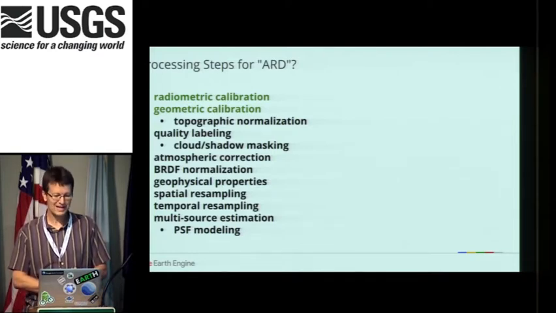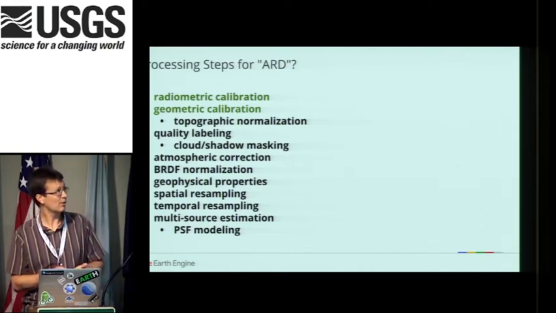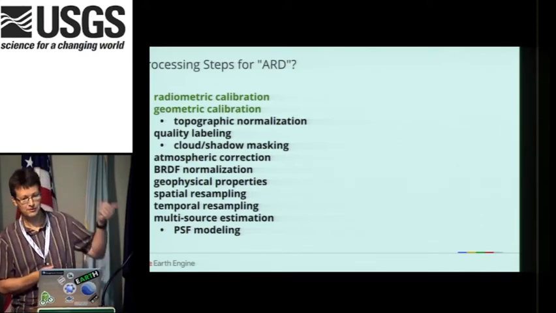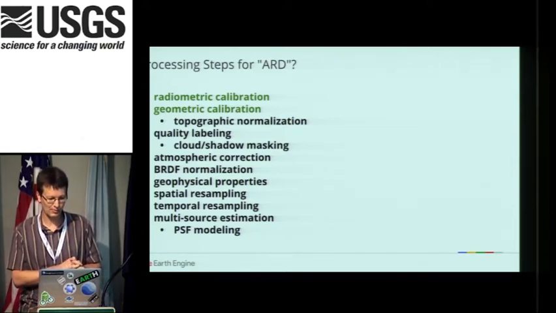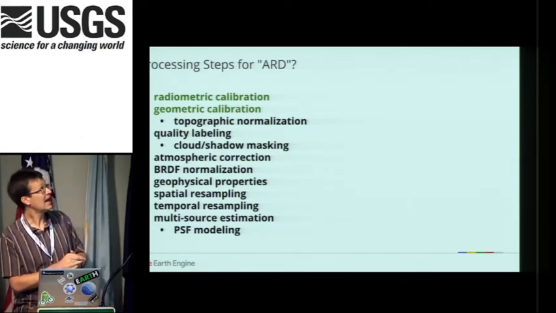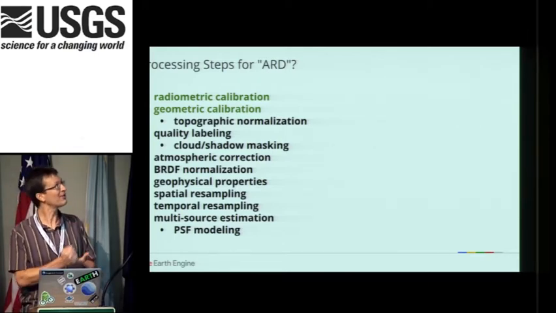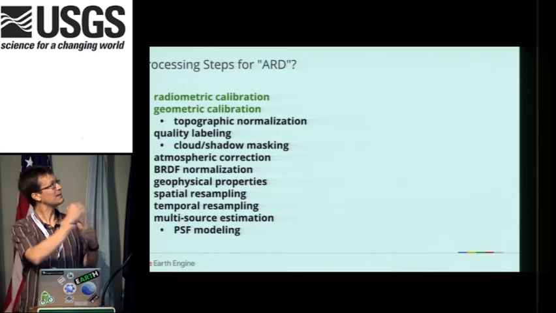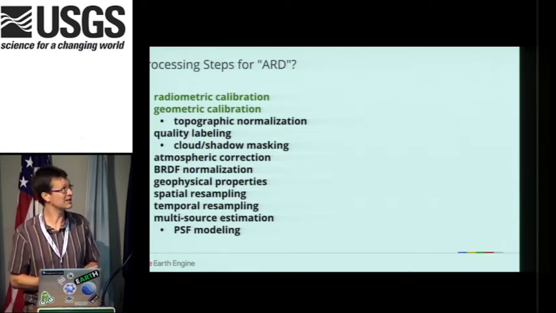In terms of what ARD is, to me it seems like it can be a lot of things, because a lot of people want different processing steps. Here are just a few that I took off the top of my head, the processing steps that people will apply to this raster data. I only thought the first two are non-contentious, that we want those always. Anything below that is sometimes still research, in terms of what is the best way to do it.